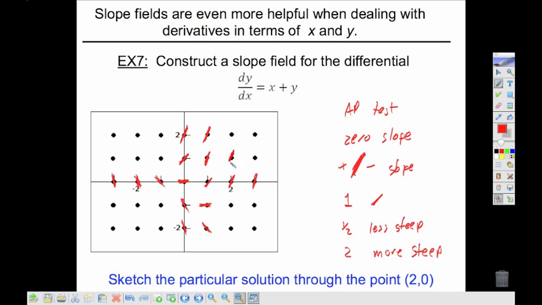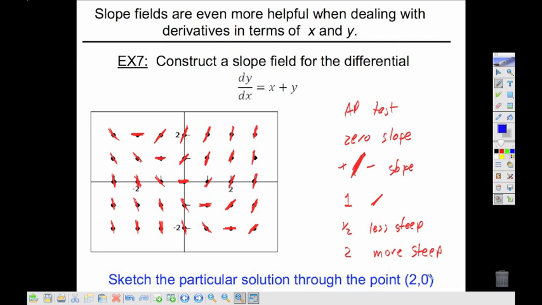Over here, if x is 2, y is 1, that will give me a slope of 3. 2 plus 2 is going to give me 4. So it's going to get steeper. 2 and -1 will give me a slope of 1. 2 and -2 are going to give me a slope of 0. So we would just keep going around filling these values in using x plus y, which will come out looking